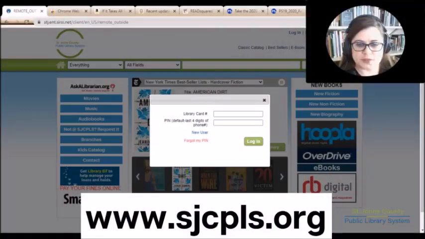So let's go ahead and get started with some of the basic stuff. We have some hidden tools within our card catalog that most people don't know about. So I'm going to show you how to make your own lists and also how to tell the library when you want the books instead of having all of the books come in at the same time. So let's take a look at the library's website, which is